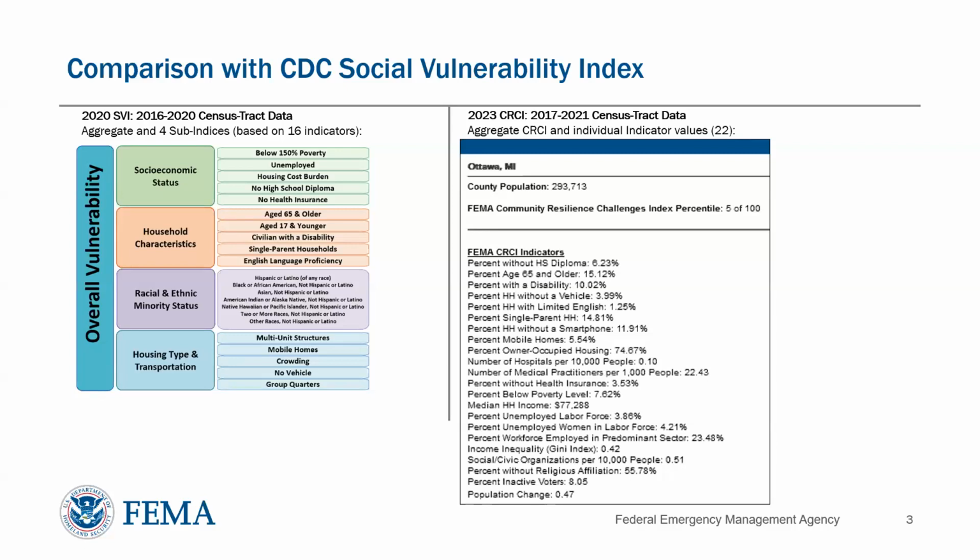So I tend to lean on the CRCI when I'm looking at community resilience because it provides a more in-depth look at community resilience. It's also based on a literature review of all of the available methodologies on community resilience and social vulnerability, not just one single methodology. So I'm not telling people to stop using the SVI, because that's obviously what has been used throughout COVID. But I definitely see that there are benefits and advantages to using the CRCI to take a look at social vulnerability, or more likely, challenges to community resilience.